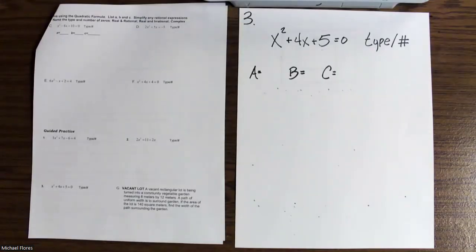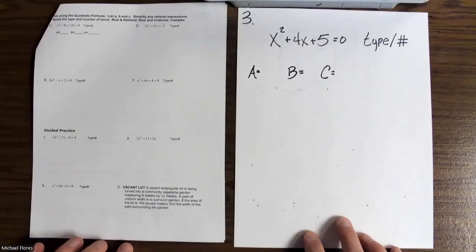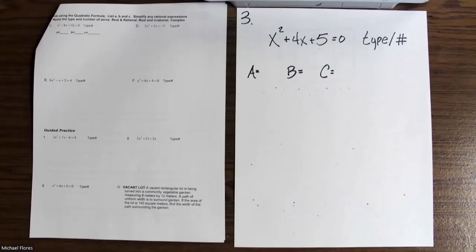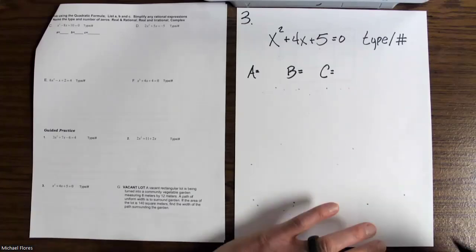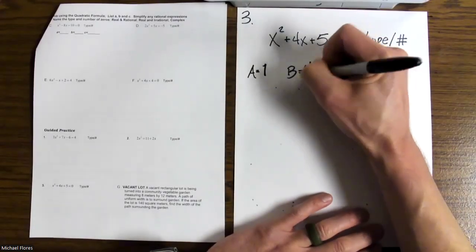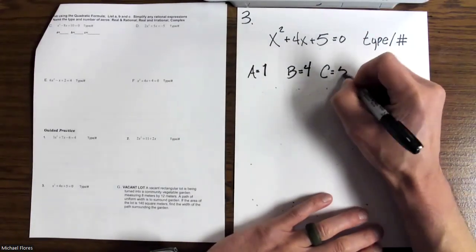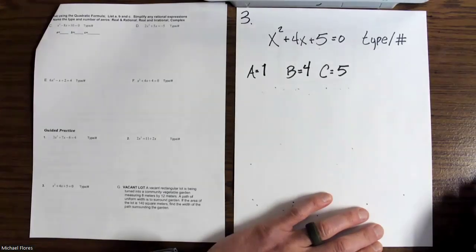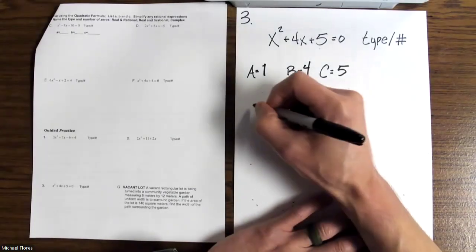Okay, you've seen me do a few of these. Let's do one more together before we get to the word problem. Let's take a look at example 3. Our A value here is 1. Our B value is 4. Our C value is 5. Let's get going. Opposite B,